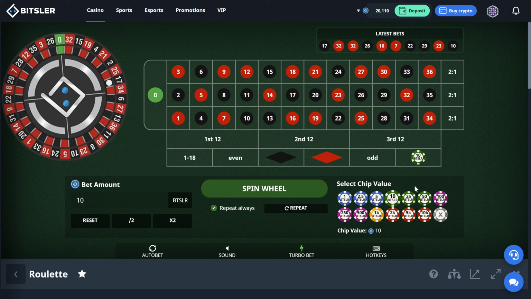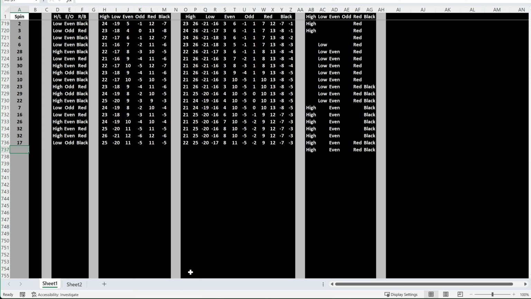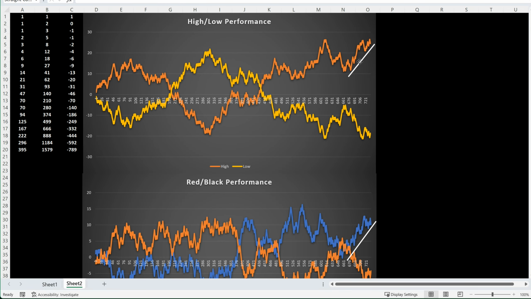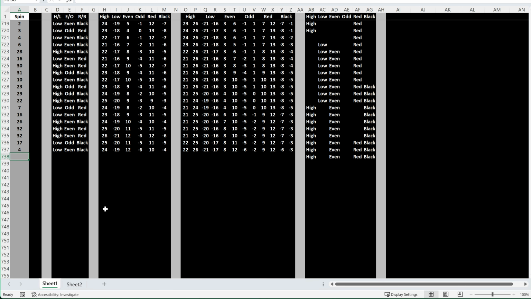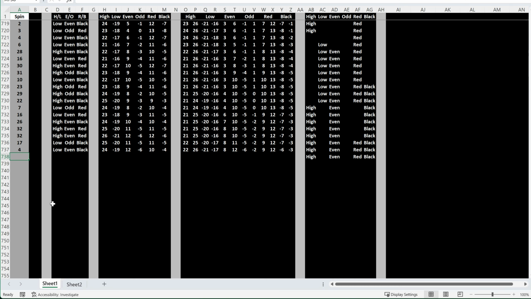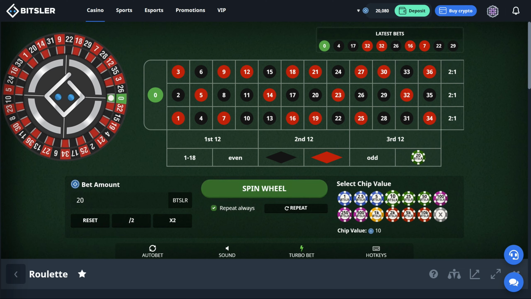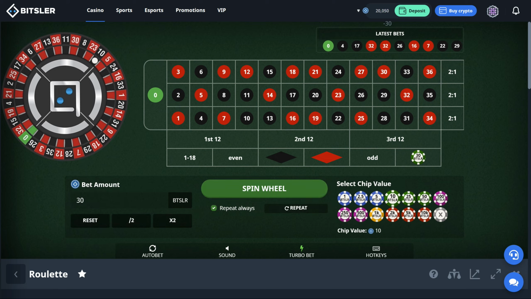Looking for 130, so I'll keep the unit the same at 1. So 4. Okay, I'm still okay here. Trend still intact here. I like it. Okay. So now I need to move up to 2 units. And 0. Okay, still okay. Everything looks good. See, 30, 40, 50. I need to move up to 3 units. Okay,